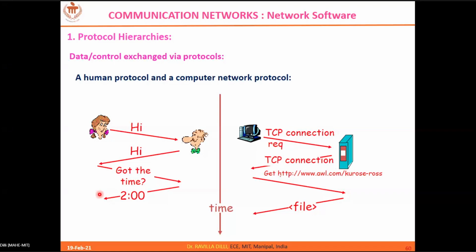In the same way, in computer networks or communication networks, when you want to communicate with others, first you should make a connection request. When the other party is willing to accept your request, they will give a reply. When you get a reply back, then you are allowed to transmit your data. This is how you communicate with the other device. This is called a protocol. You are following certain rules and regulations to communicate with other nodes in the network. You can see here I am making a TCP request.